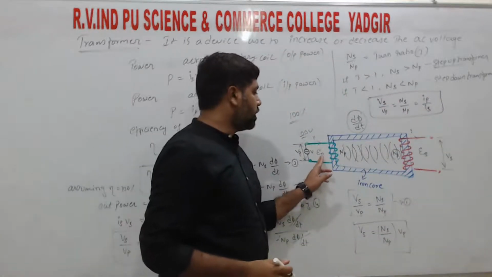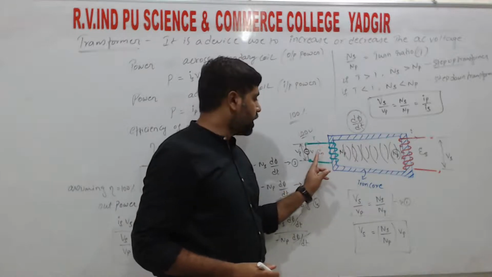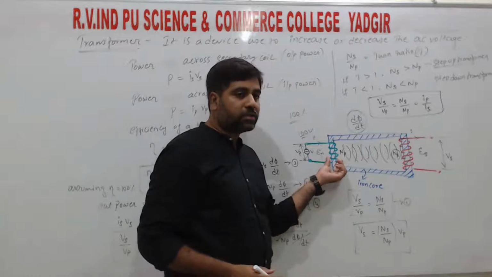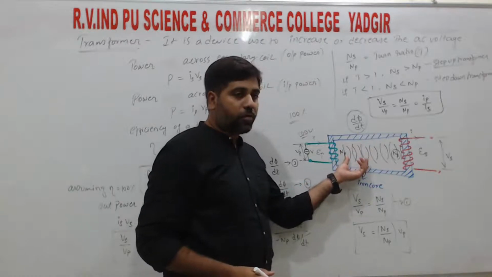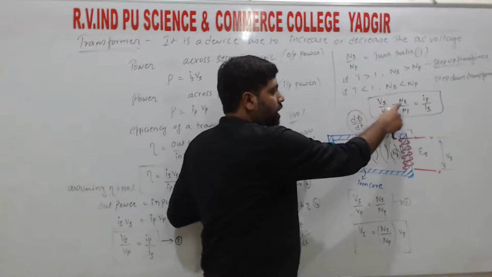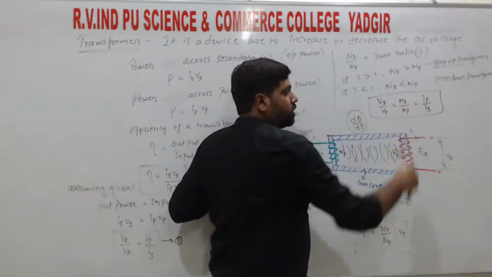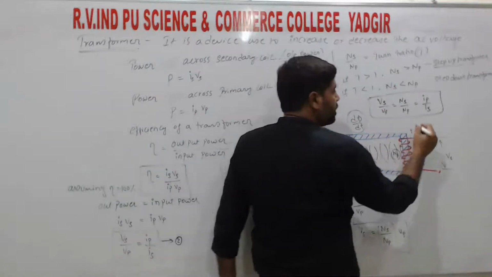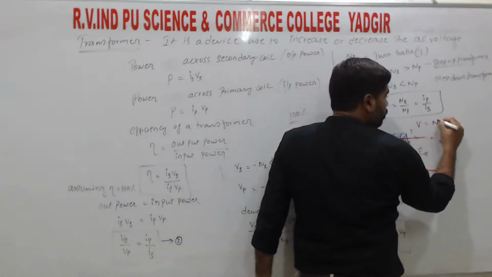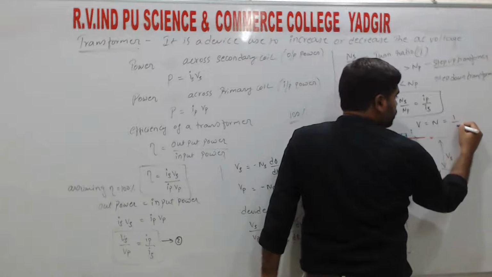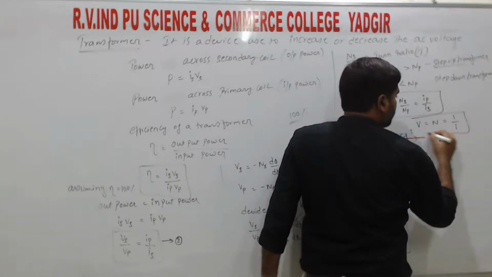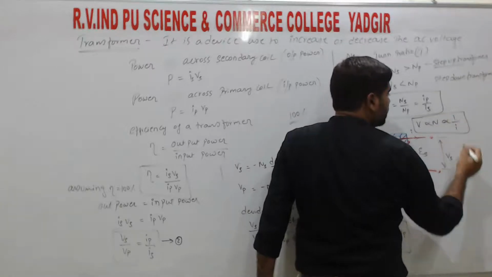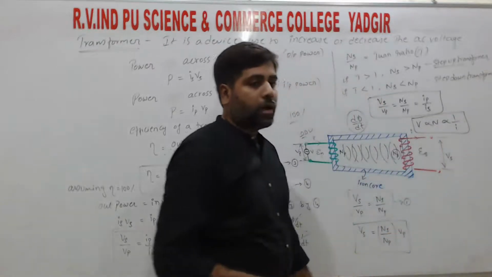So in the transformer we have current, along with voltage, and the number of turns. So only these three factors we are discussing in the transformer, right? So one is voltage, then the number of turns, and the current in the coil, right? So from this we can generally write V is equal to N, that is equal to 1 divided by I. Or we can write V is proportional to N, N is proportional to 1 by I,